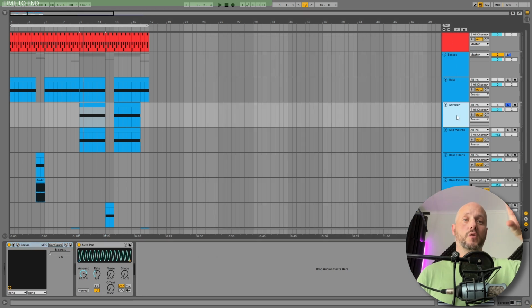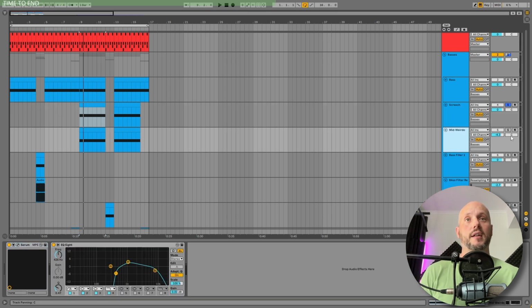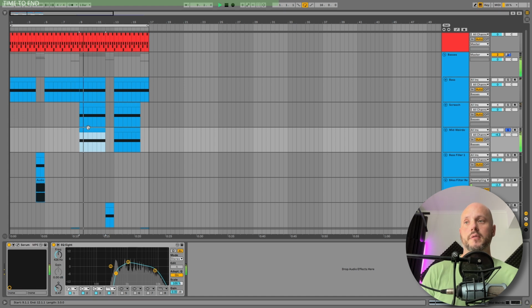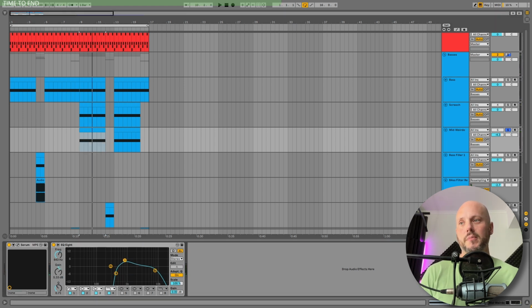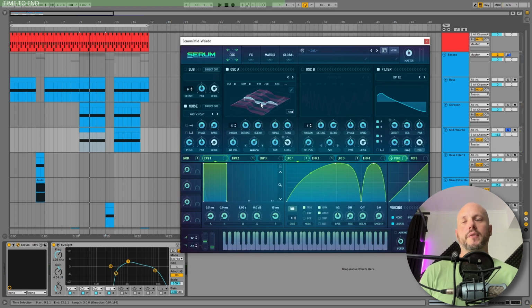So this synth was on the higher part of the spectrum, the bass was the lower part of the spectrum, and we need to put something in the mid, and the mid weirdo synth is what I created for this purpose. So as you can see, the main harmonics are in the mid frequencies at around, well, 1K or something. We are just using this wavetable that almost sounds like a sine wave with a mirror warping mode, with a noise, a bandpass filter,